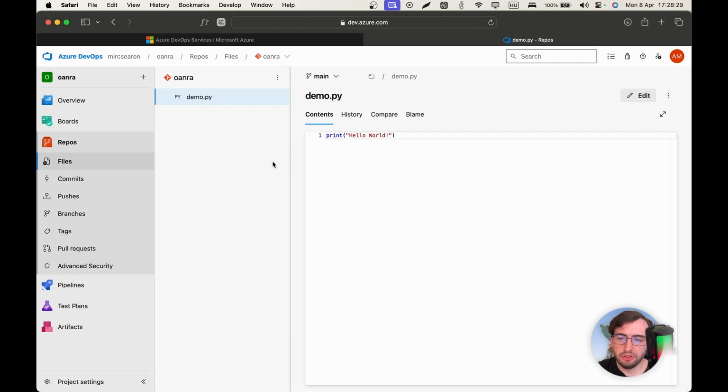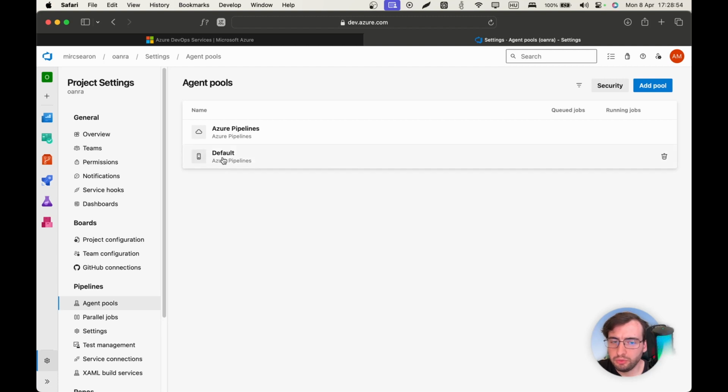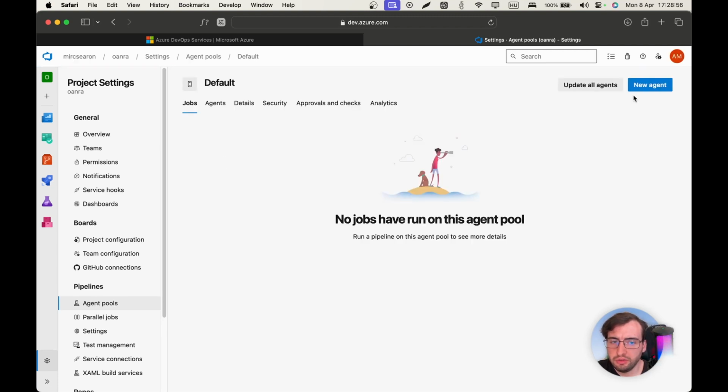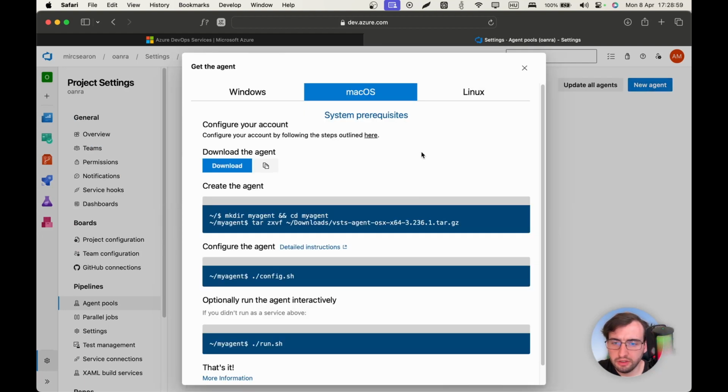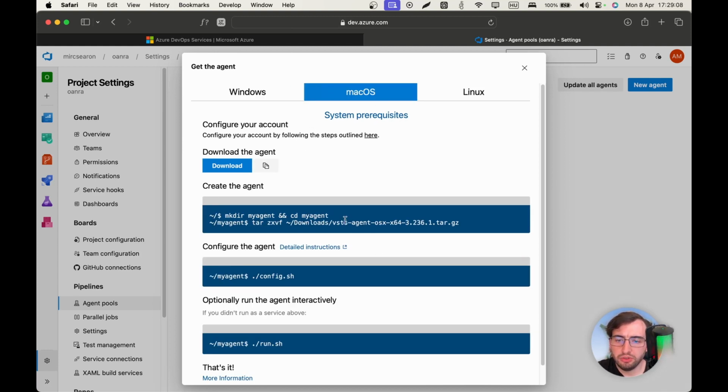Now we will need an agent to run this project. To install an agent on our computer, we need to click Project Settings, click Agent Pools here. Default pool will be okay for us right now. Click on New Agent. Agents can be installed to Windows, Linux, or Mac OS. Since I'm a Mac user, we will use this one. I already downloaded the agent, so I don't need that one. Just copy the command,